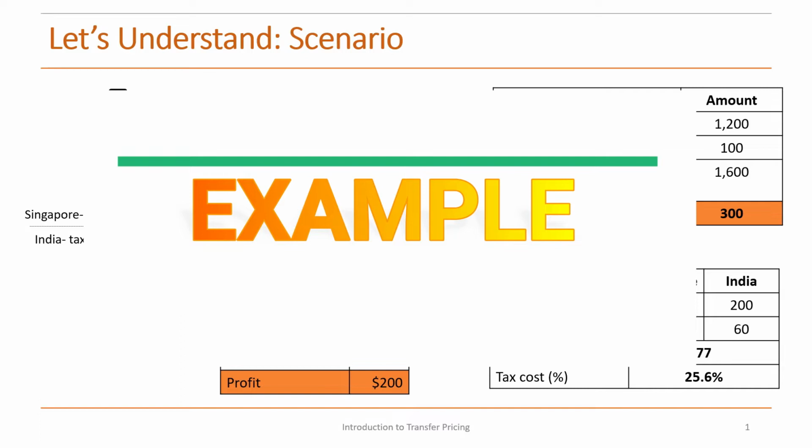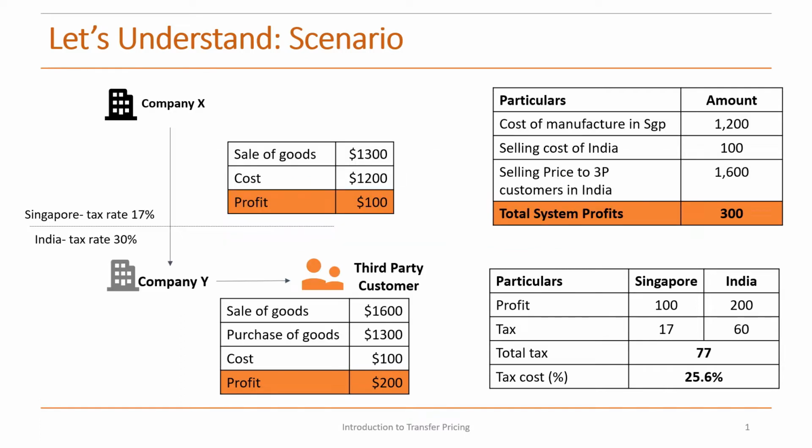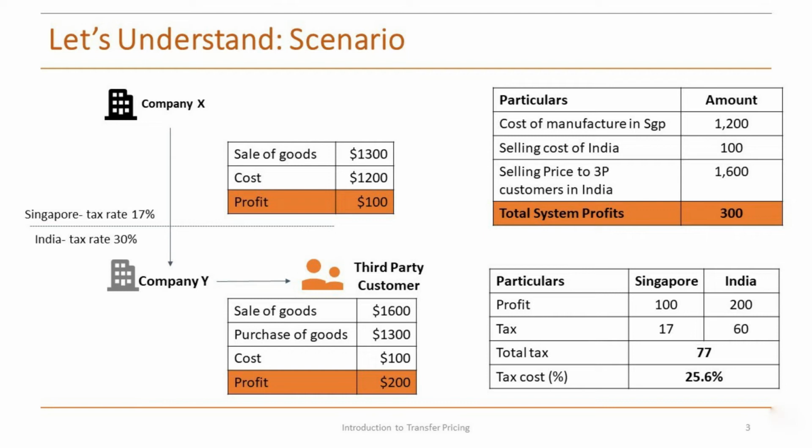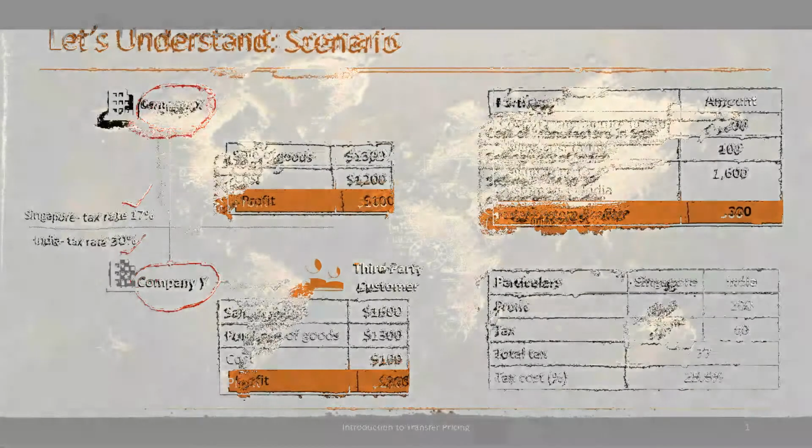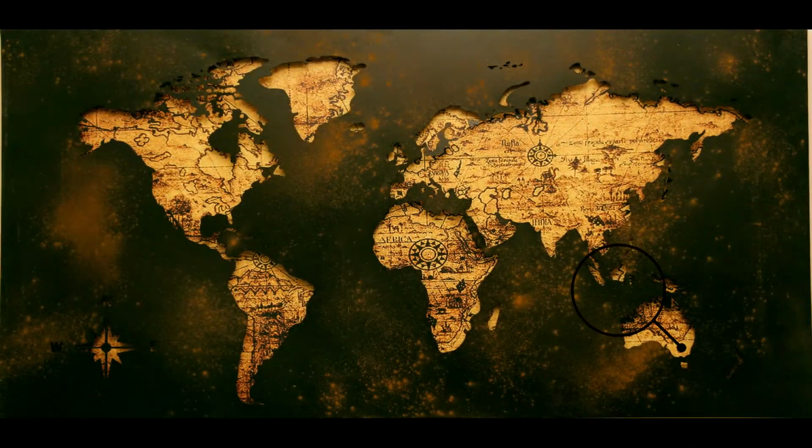Let us understand the concept with a simple example. This will help appreciate the circumstance that necessitates the introduction of regulation and its impact on multinational groups. Here is a group that consists of Company X, which is in Singapore. It has a wholly owned subsidiary, Company Y, in India. Tax rate in Singapore is 17% and tax rate in India is 30%. Company X manufactures certain goods in its factory in Singapore and sells to Company Y for onward sale to customers